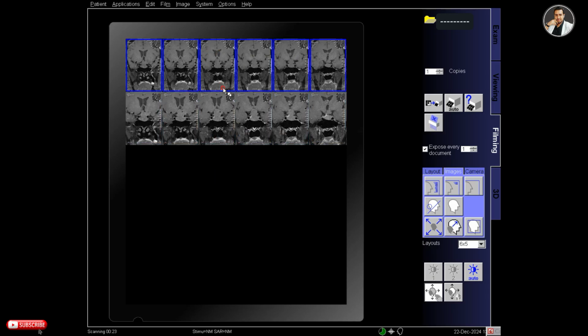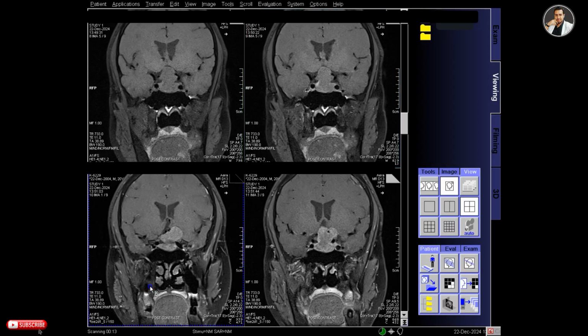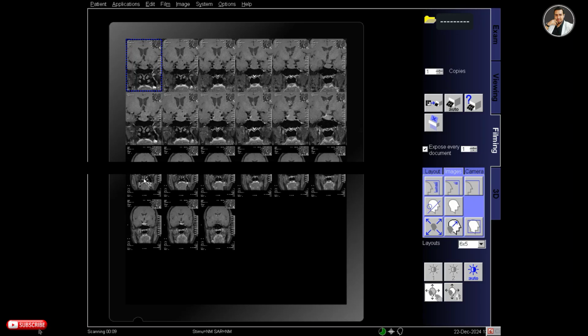and remember that between the first scan and second scan you have to push the contrast, and there is a break time between the first and second scan. You have to push the contrast in the break time, and this is the third scan. So each dynamic scan contains 9 images.